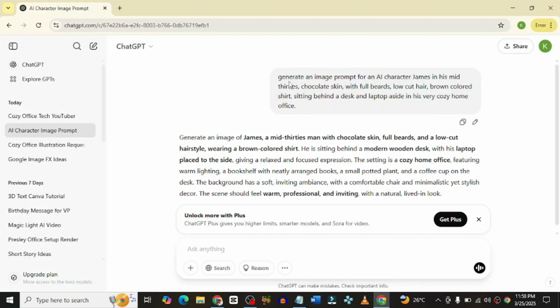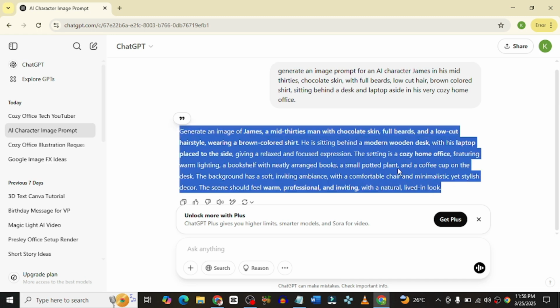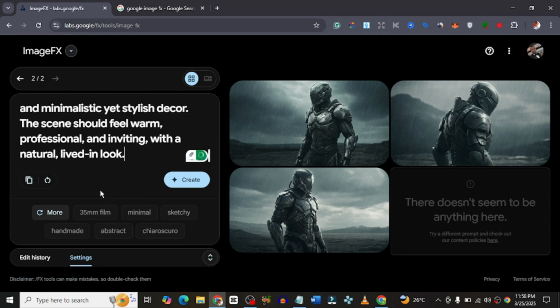So what I did was tell ChatGPT to generate an image prompt for an AI character James in his mid-30s, chocolate skin with full beard and so on. And ChatGPT went on to generate a prompt for James, mid-30s with chocolate skin and all that, wearing a brown colored shirt and all that. So what I'll simply do is to copy this prompt and go over to Google Image Effects to generate our image. So I'll click on copy, then go back to Google Image Effects here,